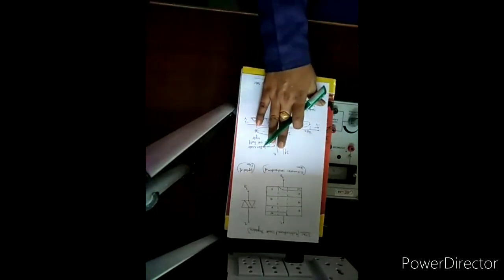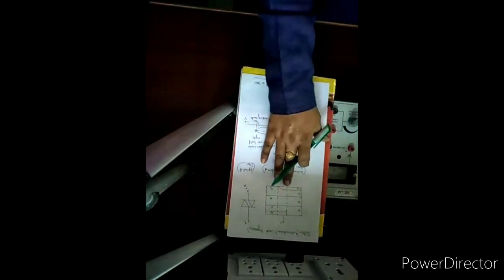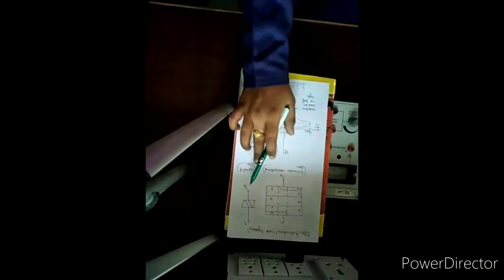As already discussed in your theory subject, for better knowledge about the diode, students, you may follow the video lecture class for power electronics and PLC theory. Here, I just give you the basic definitions, construction, symbol and VI characteristics diagram of a diode. This is the schematic construction diagram of the diode. This is the symbol diagram of the diode, and this diagram shows the VI characteristics of the diode.